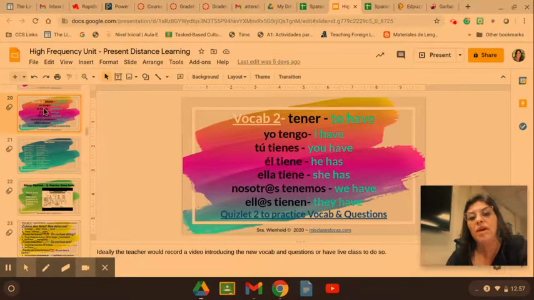Tener means to have. Notice that the ER is the to part of the verb. So tener means to have. And in order to say I have, you will have to say tengo or yo tengo, etc. Tú tienes is you have. Él, ella tiene is she or he has. And also usted tiene. I will add it here